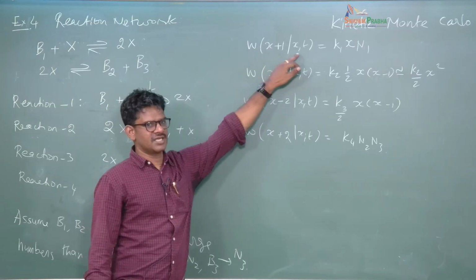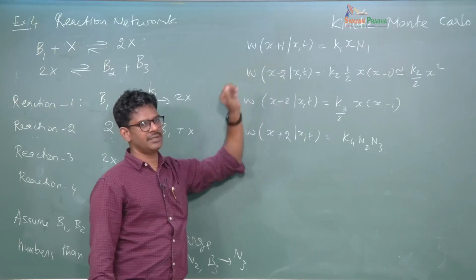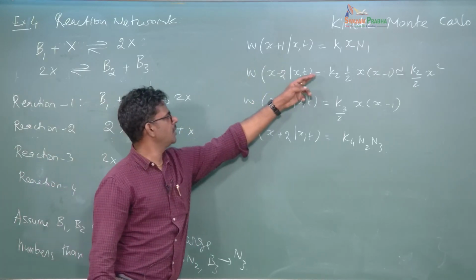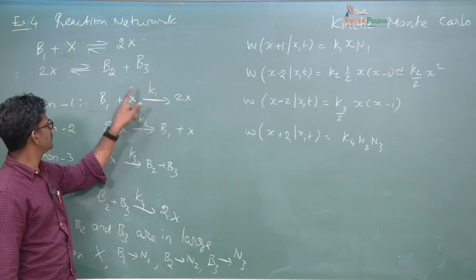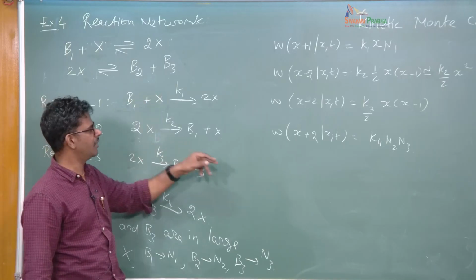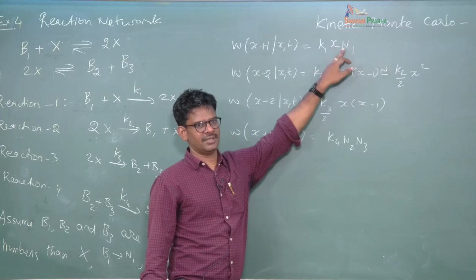When the state is X comma t, if the first reaction happens, X will go up by 1. And what is the rate of that? The rate of that is going to be K1 times the concentration of B1 times the number of molecules of X. The number of molecules of B1, I say N1, and I am going to keep this